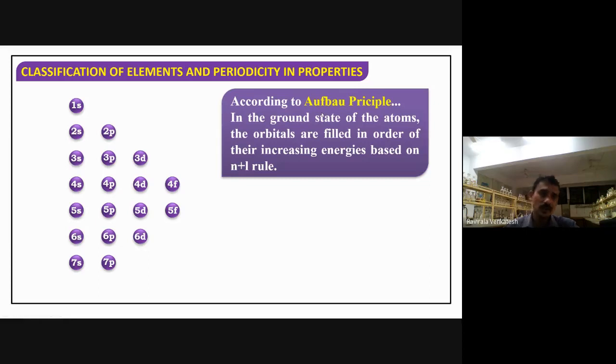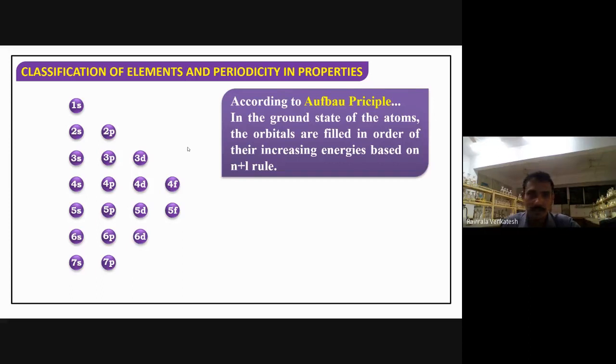Whichever is low will have lower energy. By the Aufbau principle, electrons enter from lower energy to higher energy, isn't it? Most of the case, what happened? What I'm saying here, you will get 1s, 2s, 2p, 3s, 3p, 4s, 3d. Just remember up to 3d. No need for 4p, 4d. Nobody asks you.